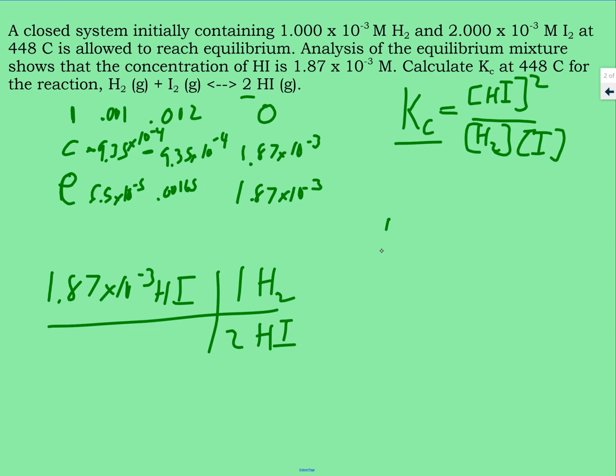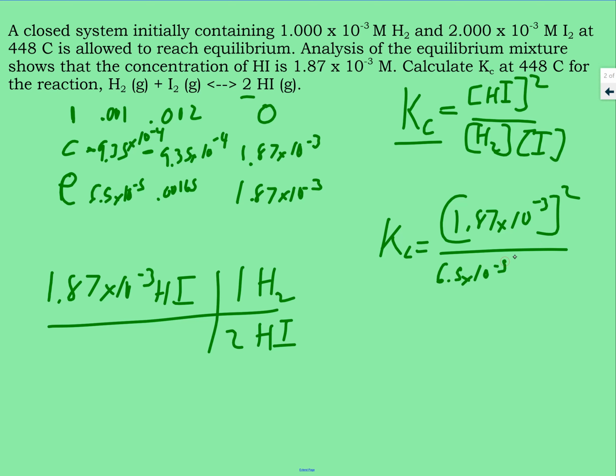My overall goal was to get Kc. I filled out my ICE table, so now I'm going to plug in my numbers. This is where I made a mistake earlier. I forgot to square the HI. So I better square that this time or else it might feel really silly. 6.5 times 10 to the negative fifth times